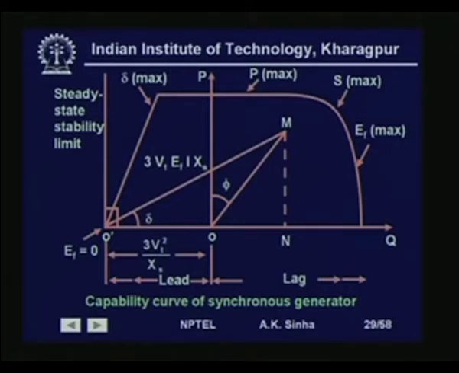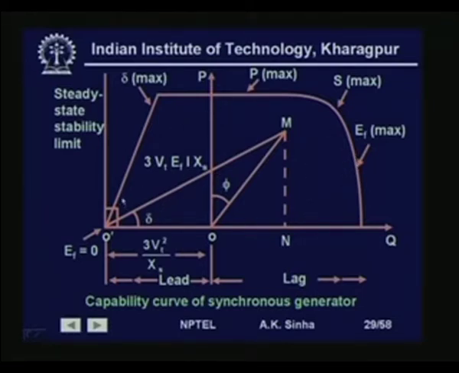So, this is the capability curve that we get for the generator. This is the delta max that we fix, maybe 30 degrees, 35 degrees, whatever it is. This is the curve for the P max. This is the curve for the MVA limit, and this is for the field current limits. So, it has to work